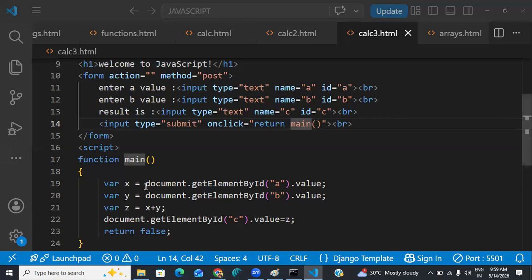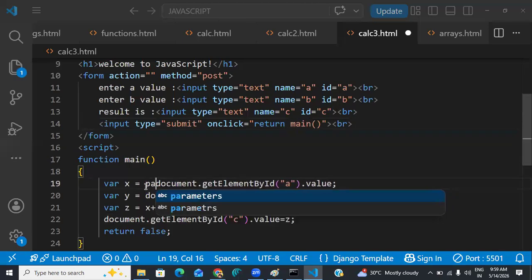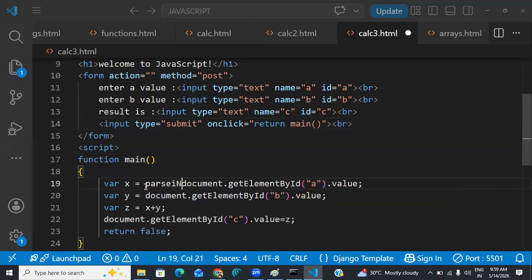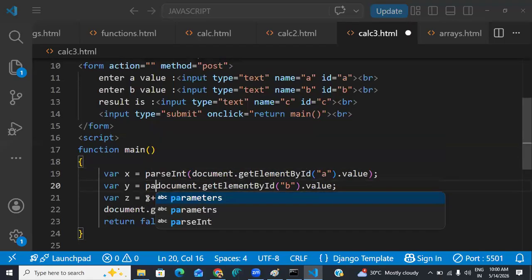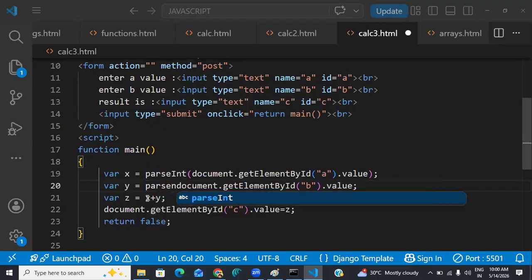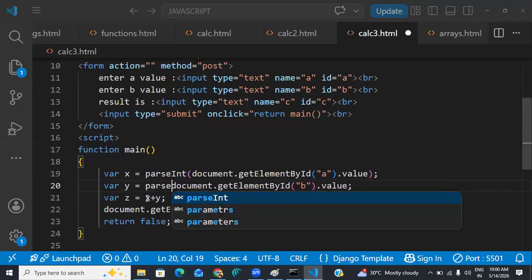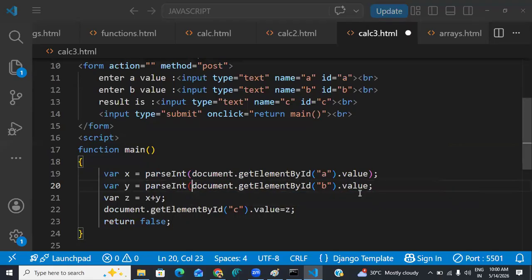And if you want to convert, you can use parseInt also. You want to convert string to number, you can use parseInt also. And you just tell me, guys, what is the difference between parseInt and Number? Tell me tomorrow, okay now? Guys, parseInt ki Number different, tell me tomorrow. Now see,